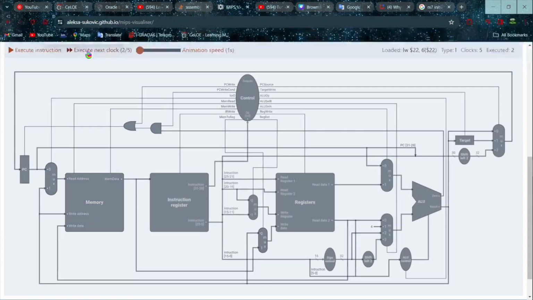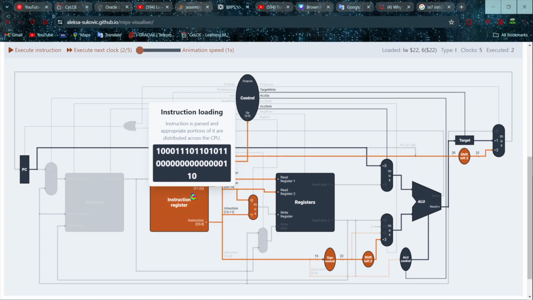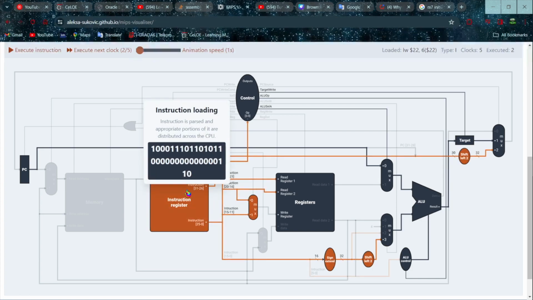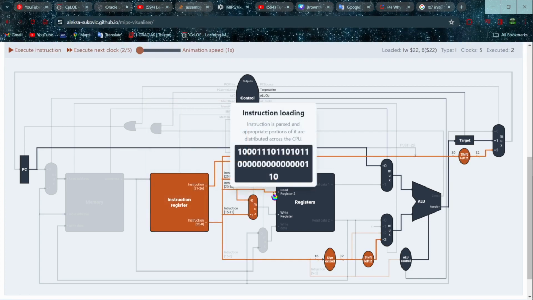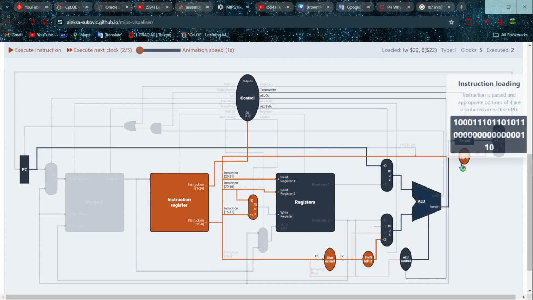Then we continue to the second clock. The control unit controls the instruction register to pass it to the register memory to be translated by the ALU operation.